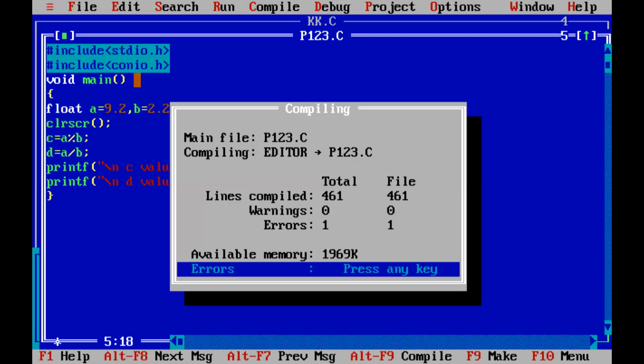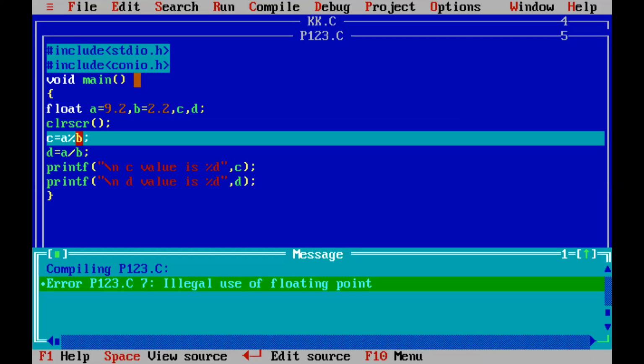Yes, error. See here, illegal usage of floating point. Illegal usage of floating point means by using modulus operator, we cannot provide floating values.